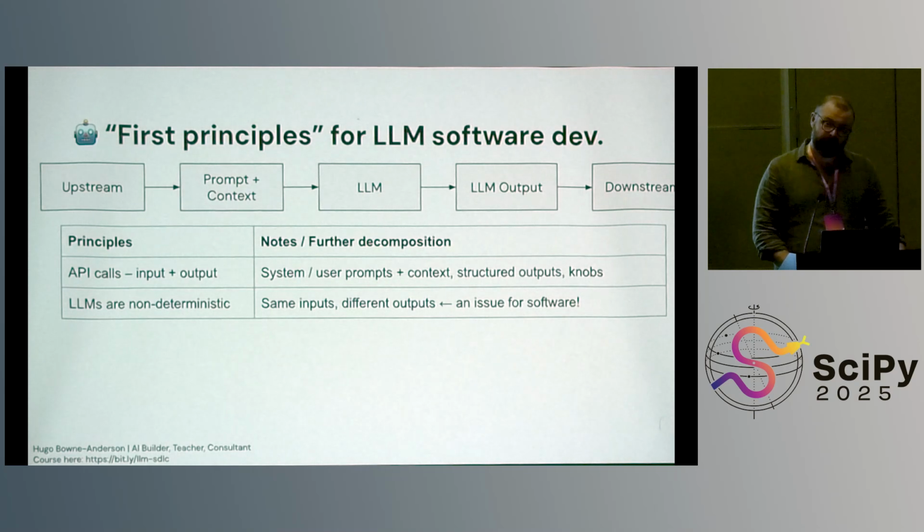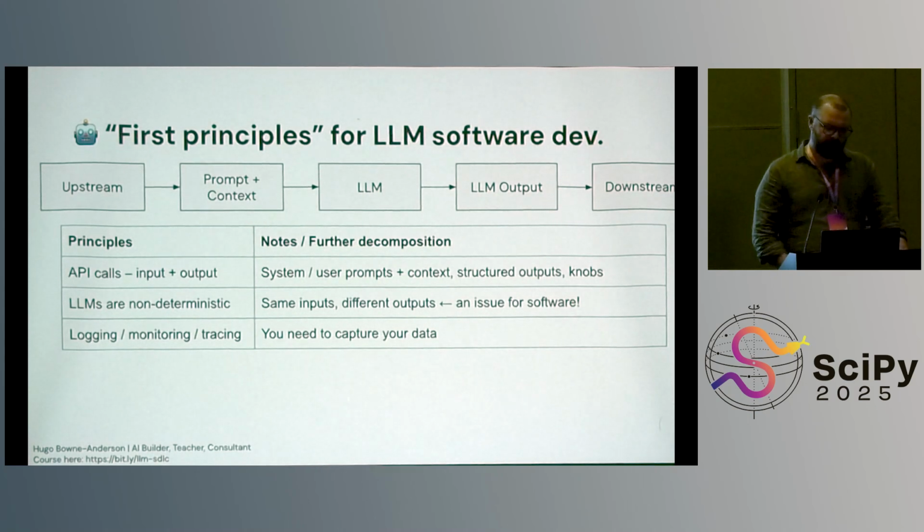Also that they're non-deterministic, right? Or I like to call them flip-floppy behavior, because they flip and they flop. So same inputs give different outputs, and this is an issue for software, right? Not only that, but inputs are non-deterministic in some sense, in a very real sense actually. So if anyone's built software that you've shipped to users where humans put in natural language, you may think you know what humans are going to write, but you have no idea. Like, people will constantly surprise you with the types of things they write. So not only is it same input, different output, but you have a lot of different types of inputs coming in as well.